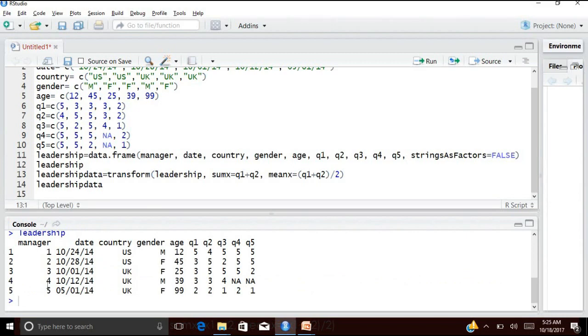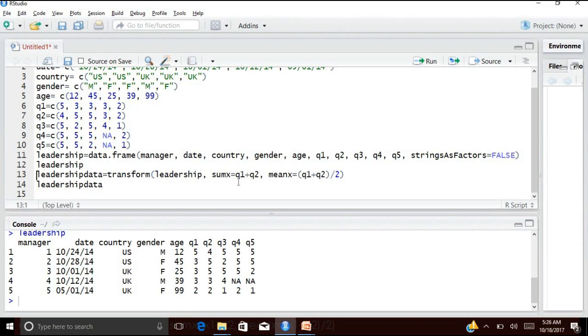Now these statements will definitely succeed, and you won't get an error. But the problem would be, what you will have is a pre-existing data frame called mydata, plus you will have two variables called sumx and meanx, but you won't find these as new variables or new columns in your data frame. Now the actual thing that we wish to do is we want them to be incorporated into my original data frame. Correct? Now how do we do that?